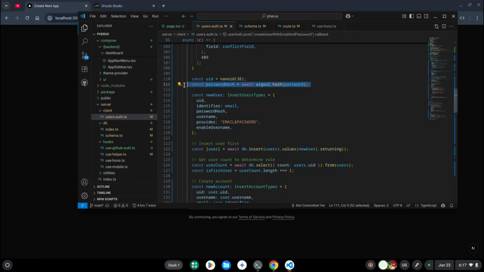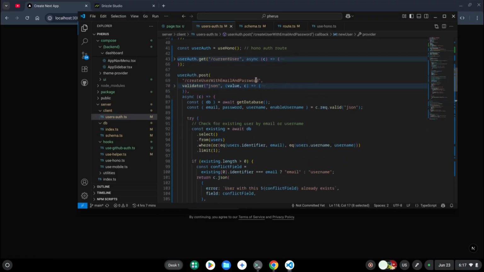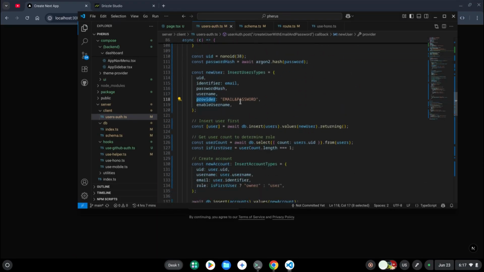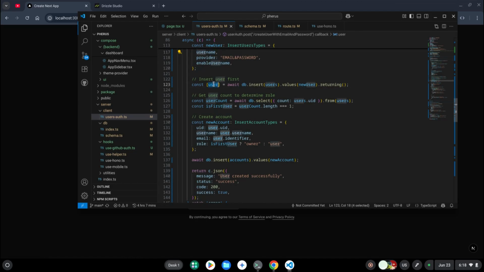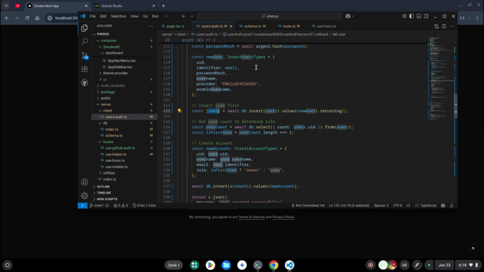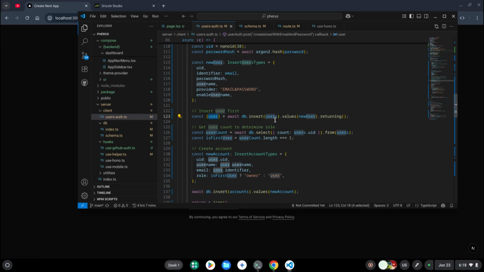Yeah, we will have to improve this, because this kind of seems a little bit off, for some reason not very secure. And since this current provider is create username with email and password, the provider is going to be email and password itself. And then we pass the username, we create our new table, and then we insert the user. Then here is another logic that we had to have in hindsight. So we insert the user, the new user,